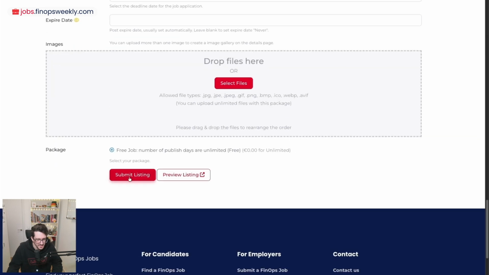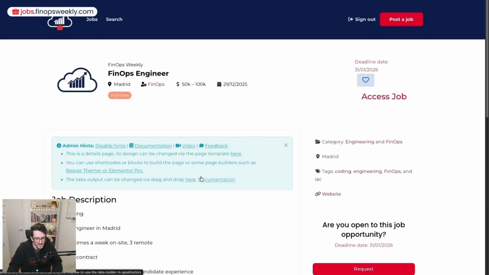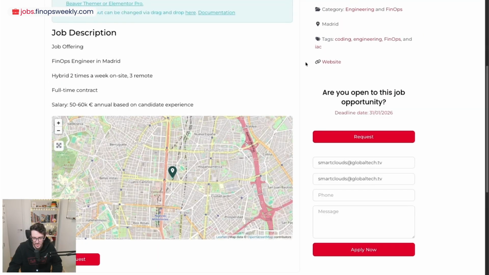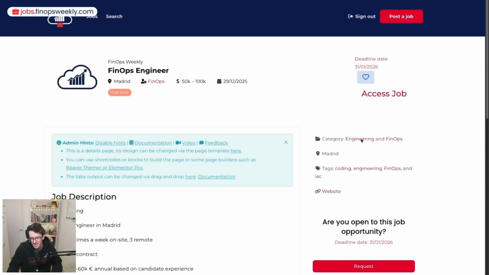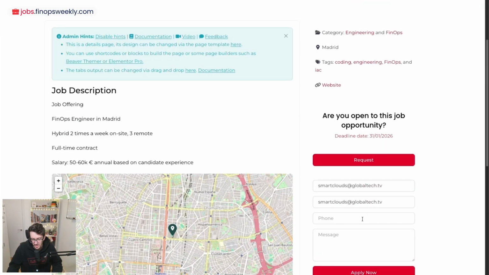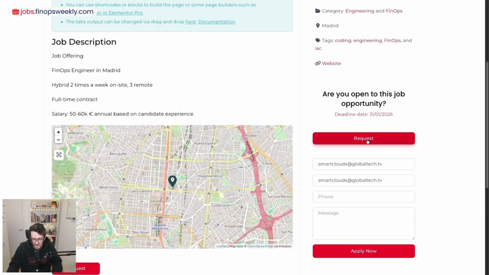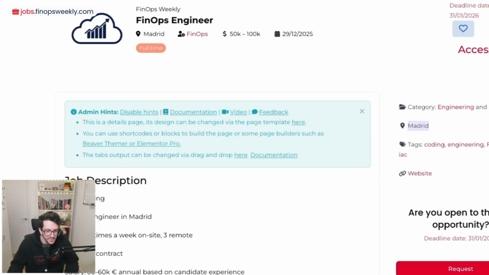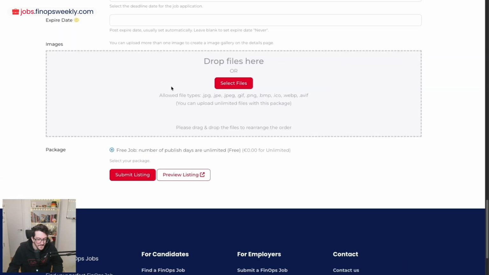We can add some images and the pricing. So you can also preview this and see how it looks. And you will see the deadline date, the favorite, access the job. This is the job description, the location, how to request. As it has an email, people can directly request it. If not, then it will access the job link, the category, the location, the tags, and the website to know more. So it's a complete description of the job, so you can go back to the submit listing and